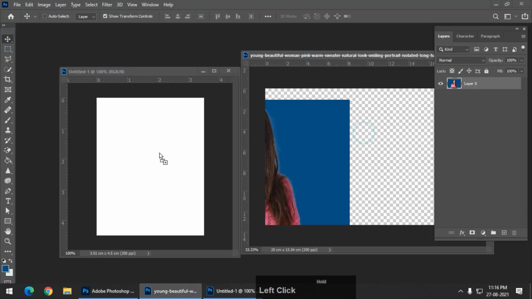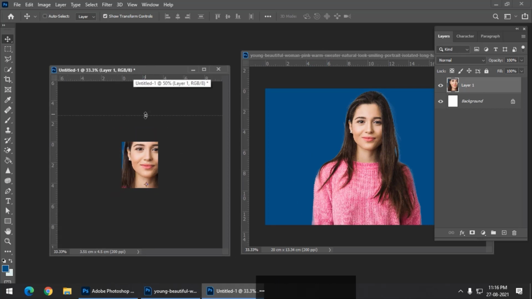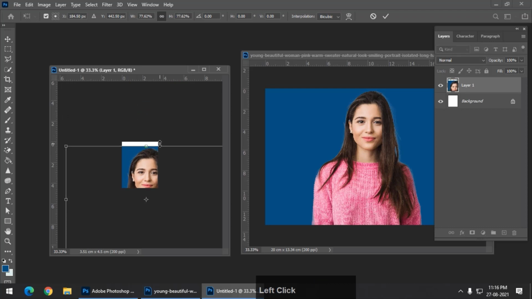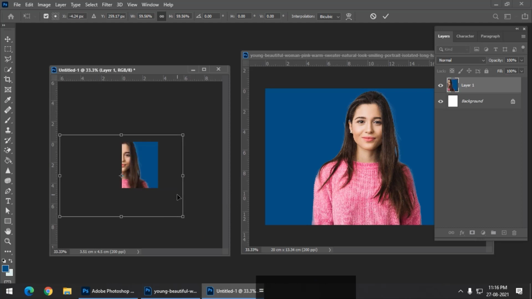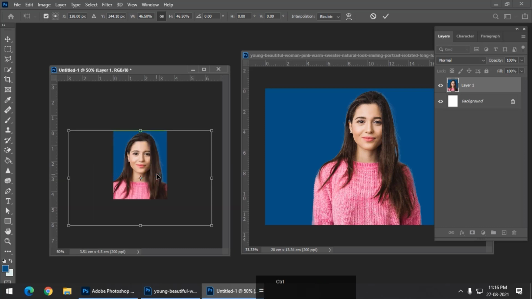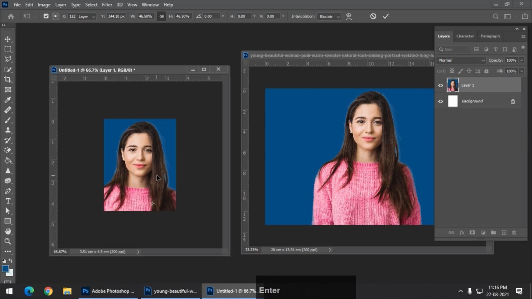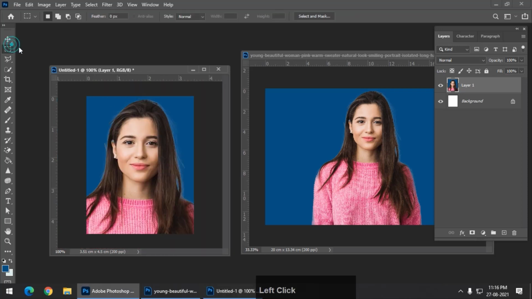I'm going to drag and drop this photo over here. So this is how it will look. Using the move tool I'm going to make it a bit smaller so that it will fit in the particular document that we have created, like this. I think this looks pretty good, because for passport we need the entire face to begin with, then the eyes should be open, and there are plenty of rules. You can find them on the internet, you can search on Google, you will find out the rules. So this looks pretty good.